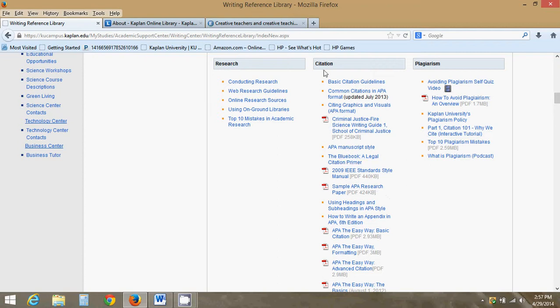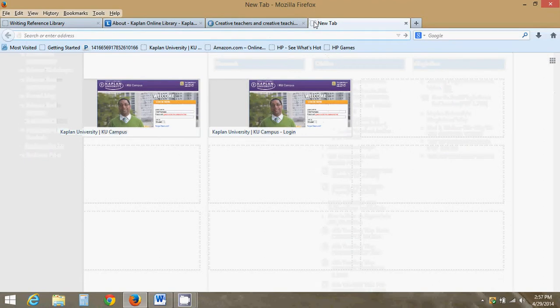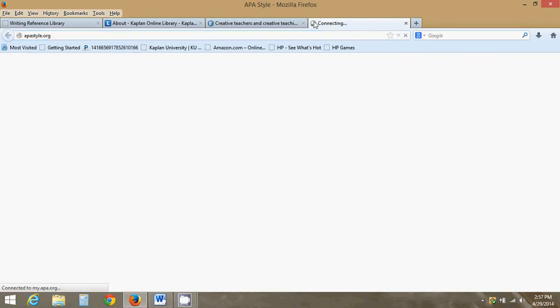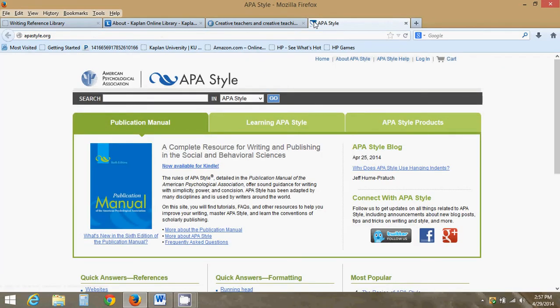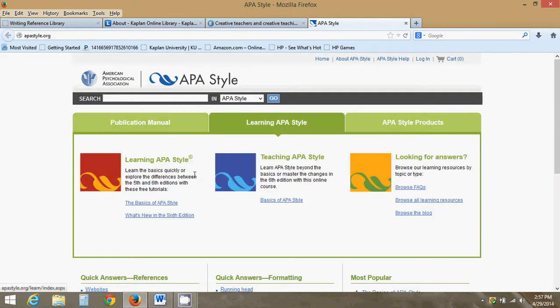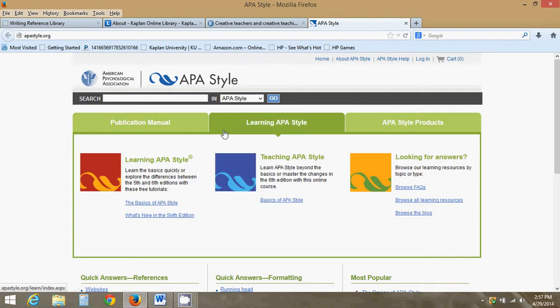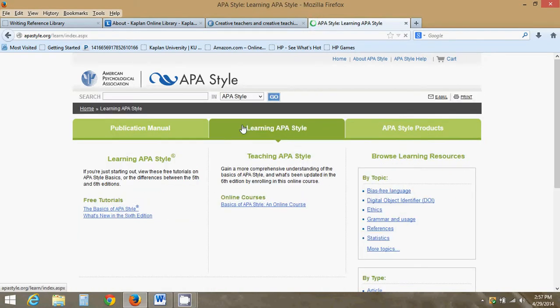Now I have a couple other sources online that I think are worth looking at. The first one I want to look at is called apastyle.org, and this is APA's actual website, and I think that this is a very nice source. You can buy the manuals themselves through here. They are available on Kindle, so that's kind of a cool source. But what I like to use is here under Learning APA Style, and I